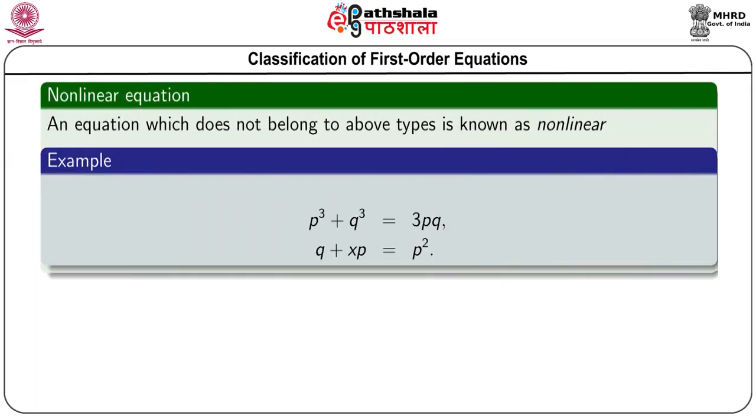And the most complicated type is the nonlinear equation, where the equation does not belong to any of the three types which we have described already. So, these are examples of nonlinear equations: p cube plus q cube equals 3pq, q plus xp equals